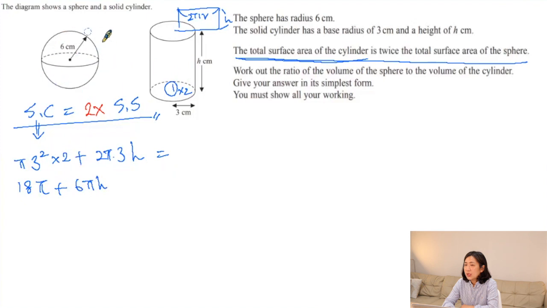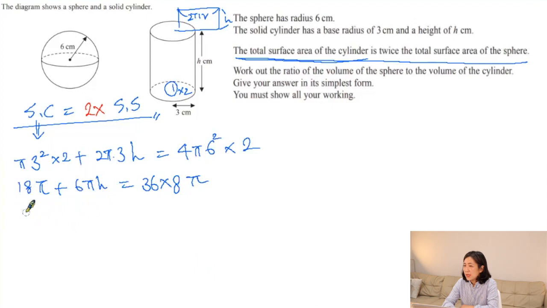Then this is equal to 2 lots of the surface area of the sphere. So the surface area is 4 pi R squared. So R is 6 squared. Then now make sure you've got 2 lots of it, so times 2. Then if you calculate all of them, yes, 36 times 8 pi will be it. So now